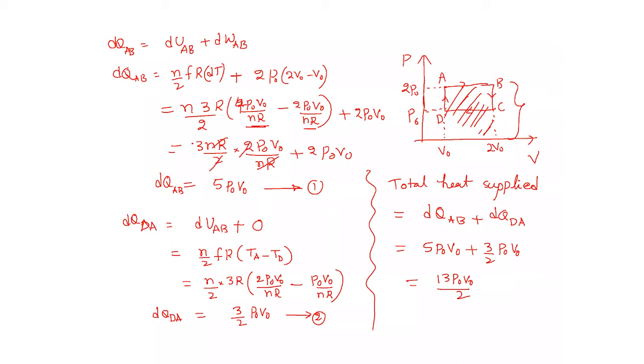Okay. So here we can also add one more thing. That is the next problem that I'm going to discuss. What is the efficiency of a cyclic process? They'll give you a cyclic process like this, and they ask you what is the efficiency of the cyclic process. See, generally, how do you calculate the efficiency? Efficiency you calculate by knowing the temperature of the sink and temperature of the source, 1 minus T2 by T1.